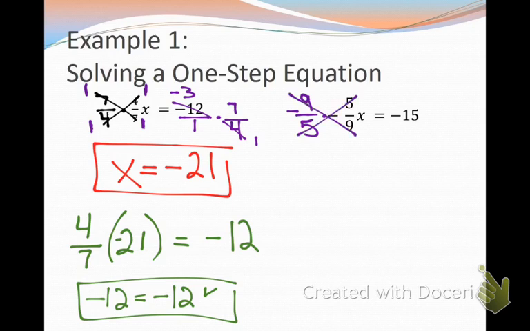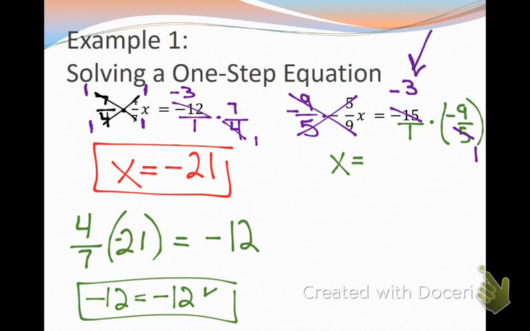So now they cross-reduce, but do they cross-reduce to 0? No. They cross-reduce to 1. And now x is by itself equals negative 15 over 1 times negative 9 over 5. Can I cross-reduce anything? Yes, the 5 and 15. Notice I leave my reduced value negative. That helps me remember that it's negative, so I'm not just relying on the original. All right, so now negative 3 times negative 9 equals